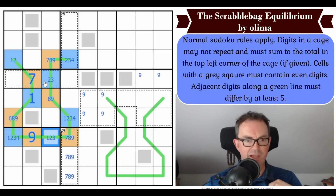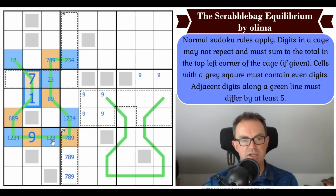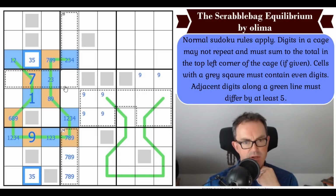Okay, so have we exhausted the use of our left-hand Scrabble bag? We may have done. Right, well, one other thing. Because we know that the even digits must be 2, 4, 6 and 8 in the column, and we've got 1, 7, 9 into those squares, these squares must be a 3, 5 pair. They must be the other odd digits, mustn't they? But these aren't on whisper lines. Okay, I'm not seeing anything else, so...